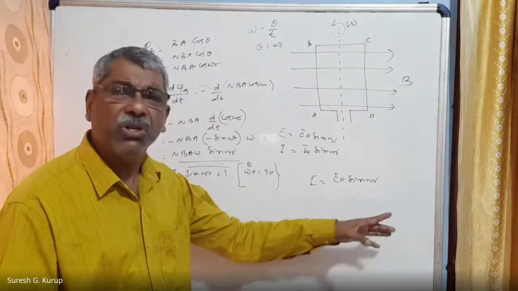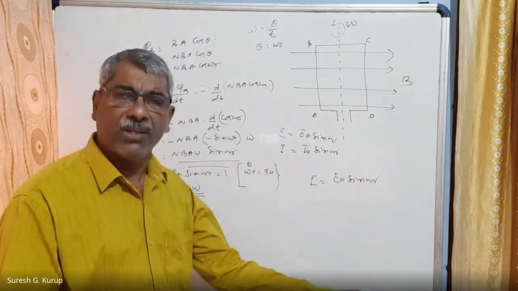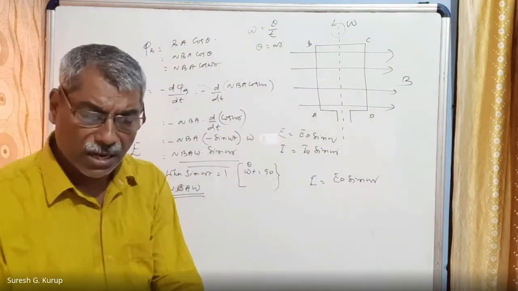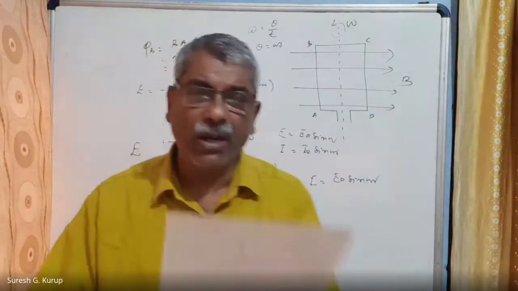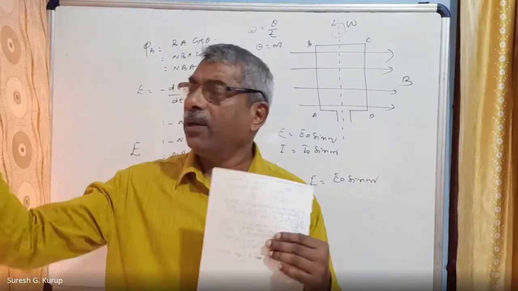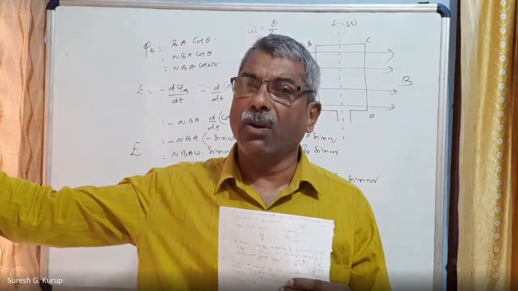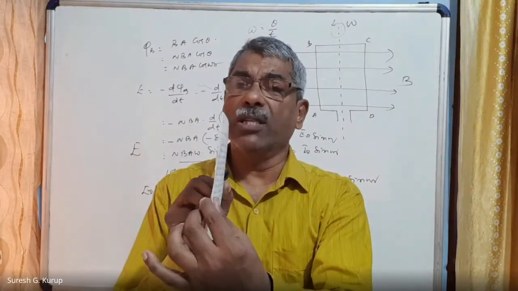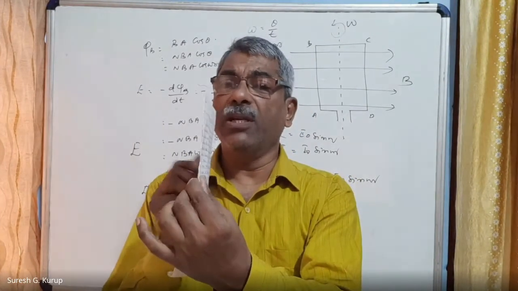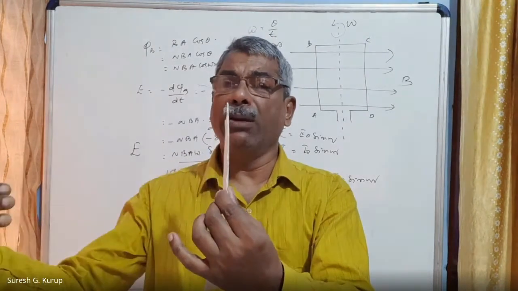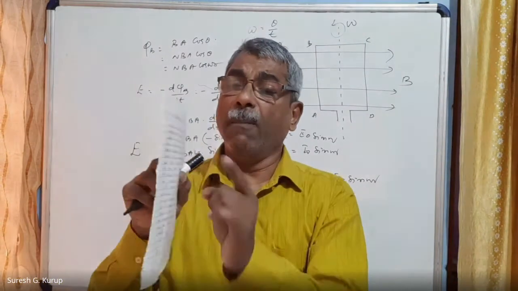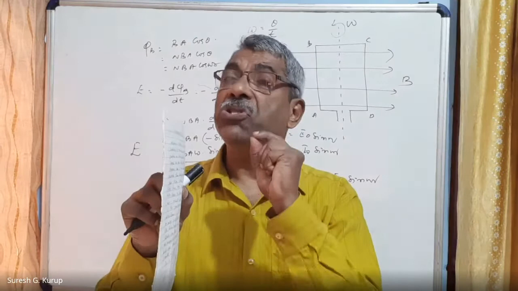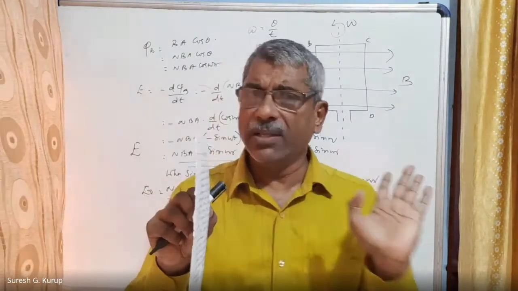At any instant, t is equal to 1 millisecond, 2 milliseconds, 3 milliseconds, right? After the coil starts rotating from its initial position, this is the condition. Suppose this is a rectangular coil like this. My right side is the north pole of a strong magnet, and my left side is the south pole of a strong magnet. First of all, the coil is kept like this. Like this means its plane is perpendicular to the lines of force. Then the perpendicular to the plane of the coil makes angle 0 with the magnetic field.